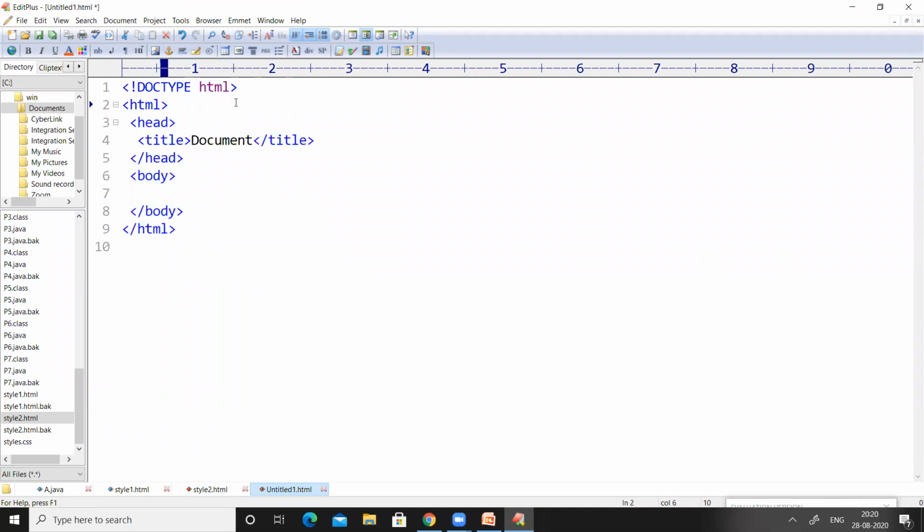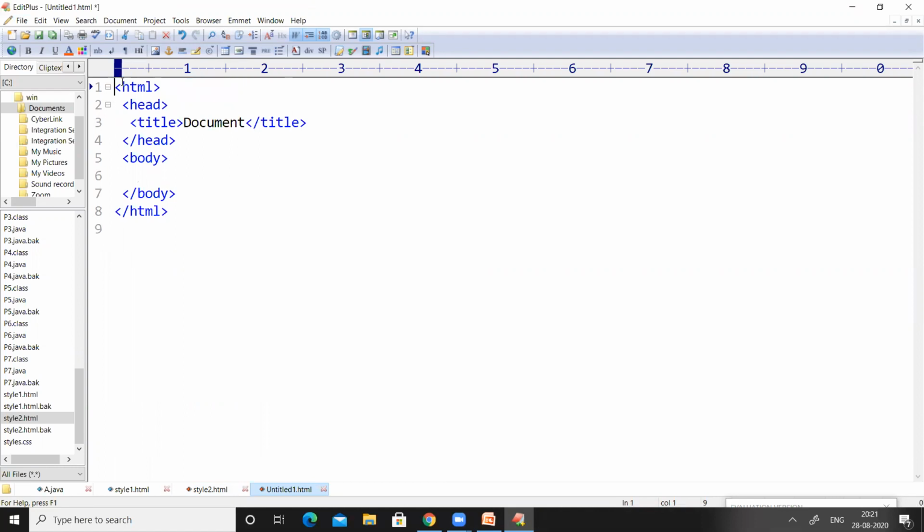As I said earlier, I request all the students to please practice each and every program that you are seeing on the screen, right? So today we are going to work with external style sheet or CSS.